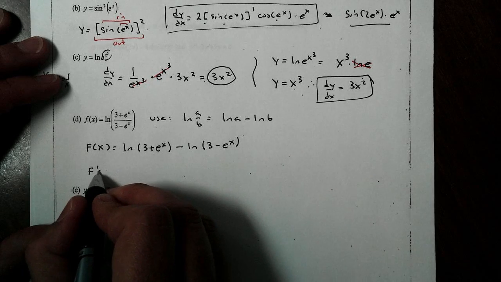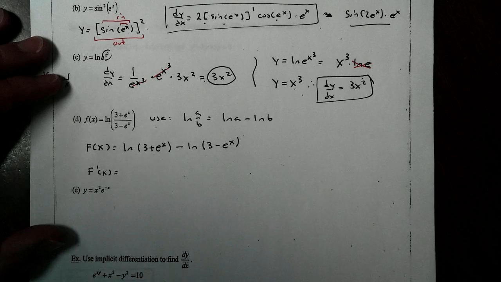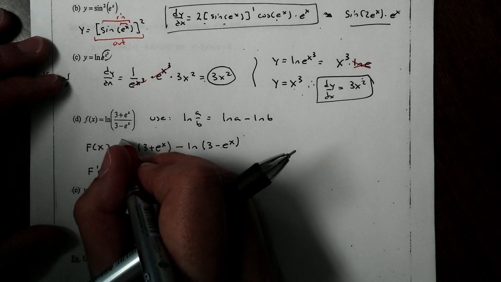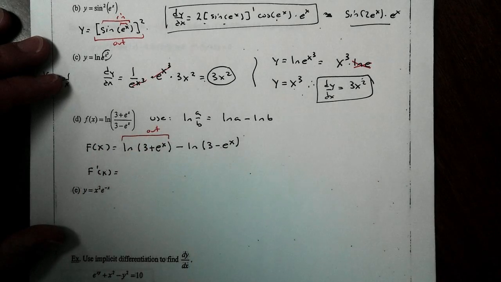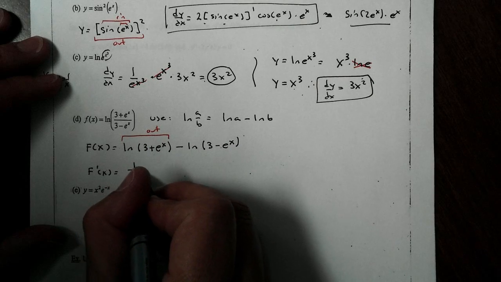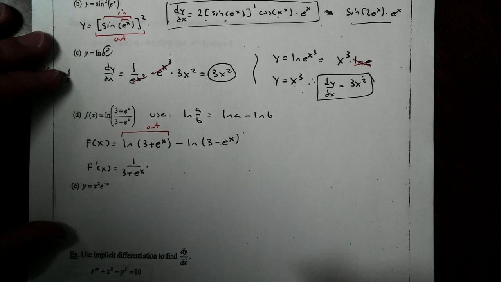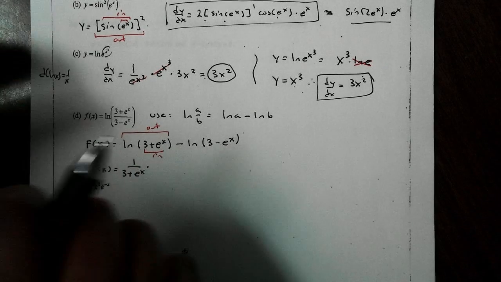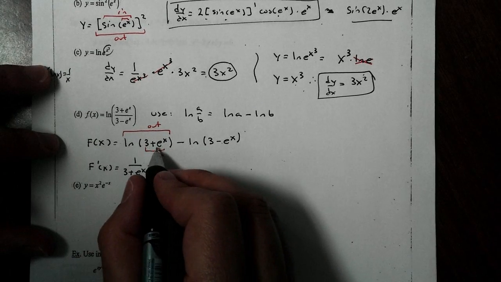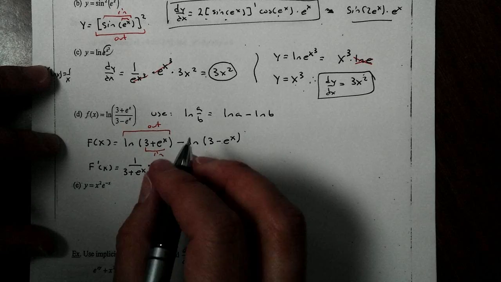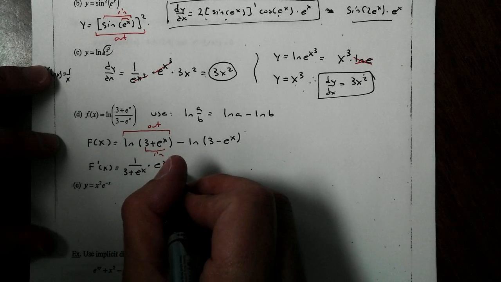And now when we take our derivative, it's a lot easier. We do have a chain rule. My outside function is this natural log, and that's just 1 over 3 plus e to the x times the derivative of our inside. Well, that's just 0 plus, and our new rule, the derivative of e to the x is just e to the x,